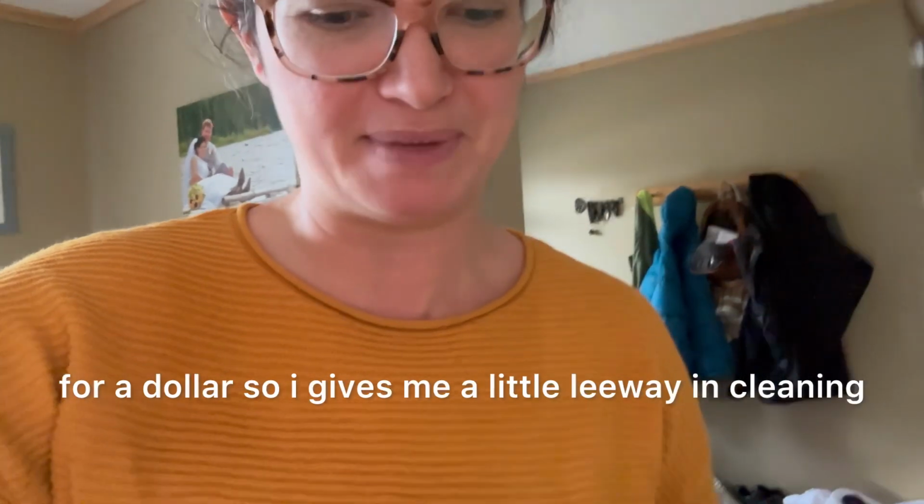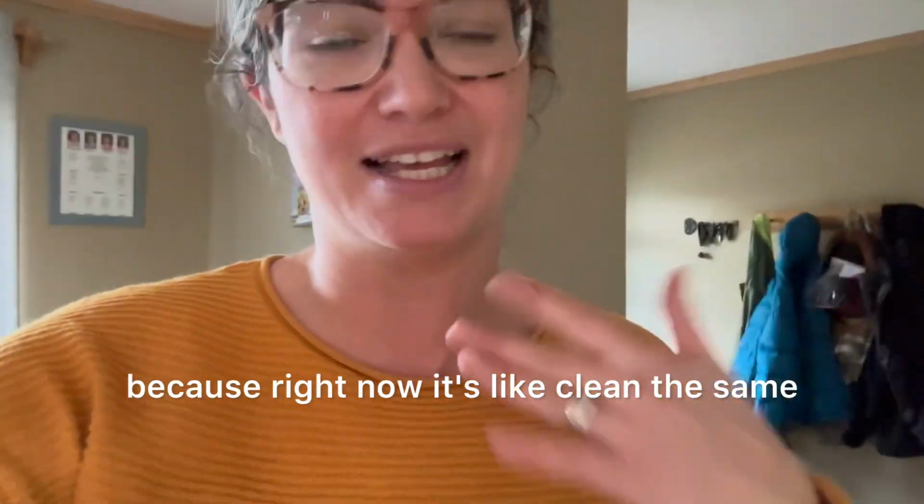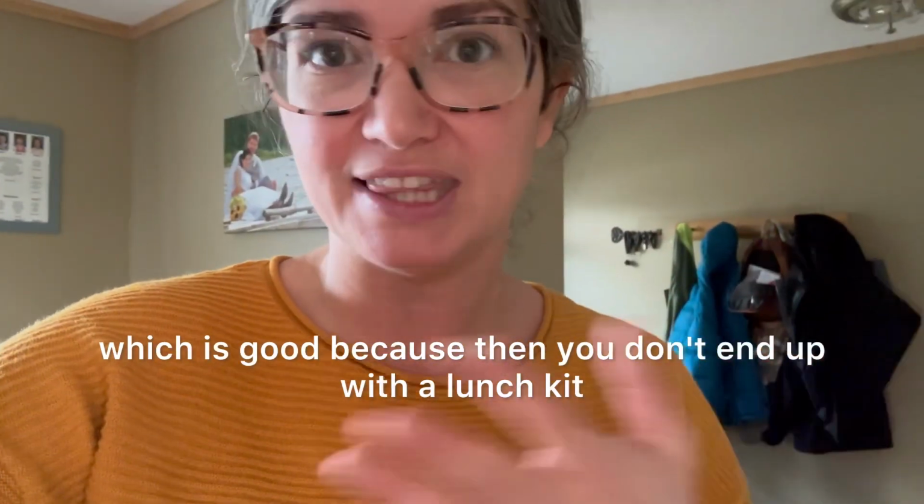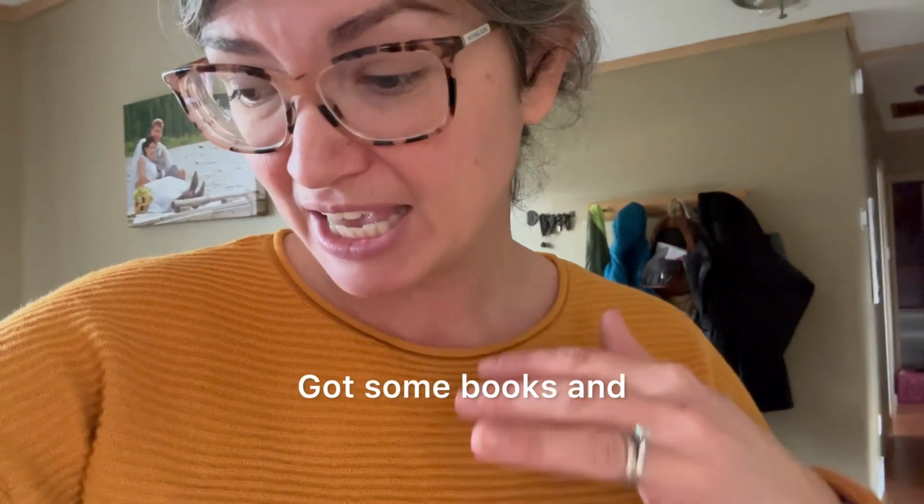So it gives me a little leeway in cleaning because right now it's like clean the same one every single day, which is good because then you don't end up with a lunch kit that's full of rotten things. Super pumped about that. Got some books and